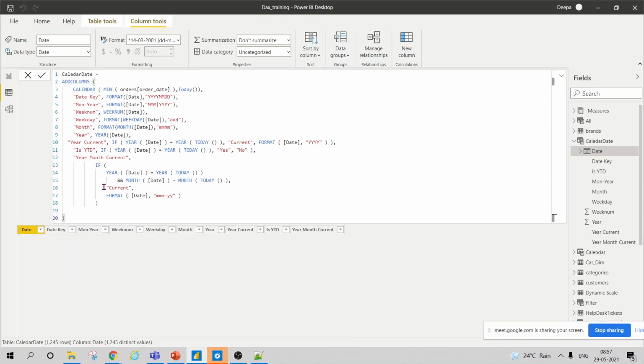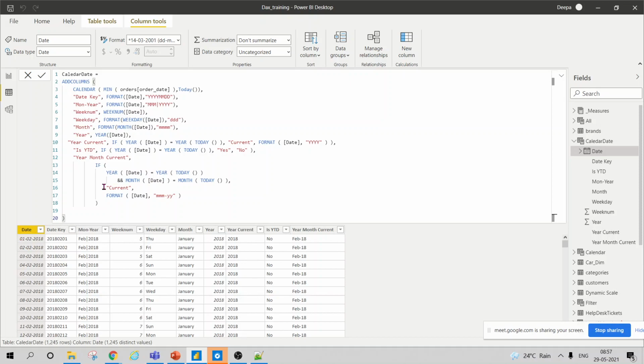Year current function is a simple if-else function. It will just check if the year of the date, like we have just taken year of the date here, is checked against the year of today. So year of today is 2021, right? Year of the date is 2018. So is it the current date?